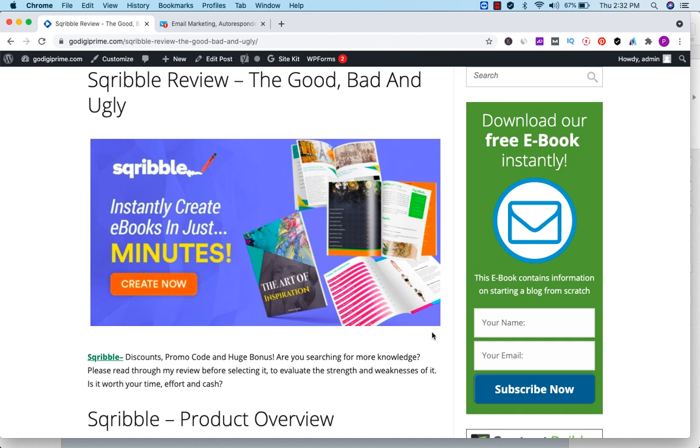So now we understand how easy it is to use Thrive Leads with our WordPress based blog. However, the key idea here is to offer something irresistible to your audience so that they fill in their information. We call this a lead magnet. Like a magnet, it pulls visitors to share their information with you.